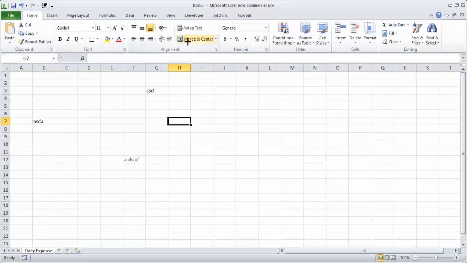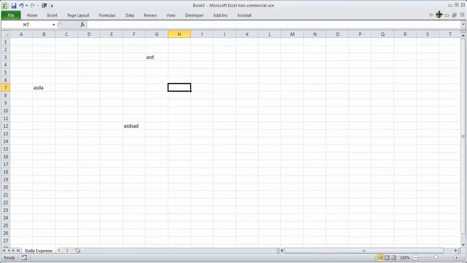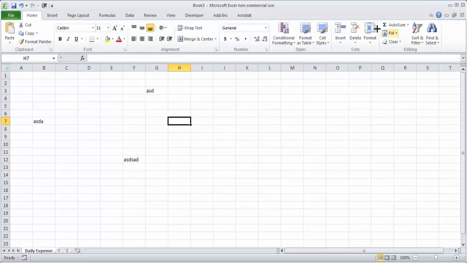Now many people say that this is a wastage of the real estate of Excel, but over these years, Microsoft has come up with this layout. It is very useful for many people because they use the mouse, so using the mouse they can easily do all this. But if you don't want this, you can click on this button and it will remove it. If you click this button again, it will come back.